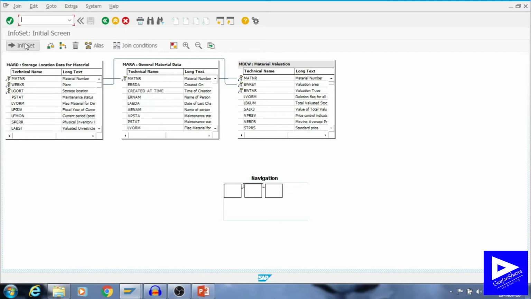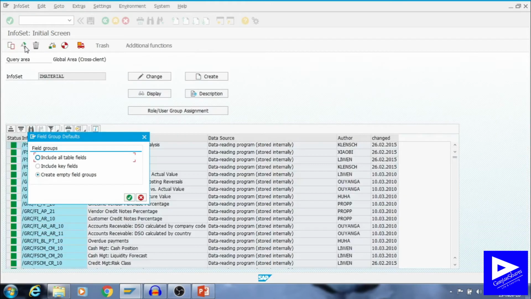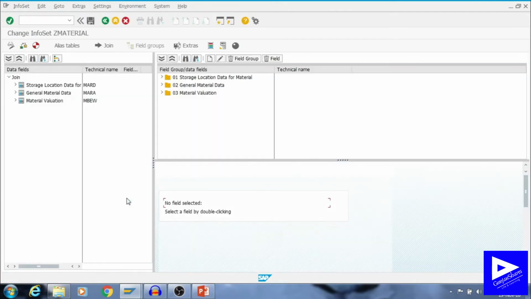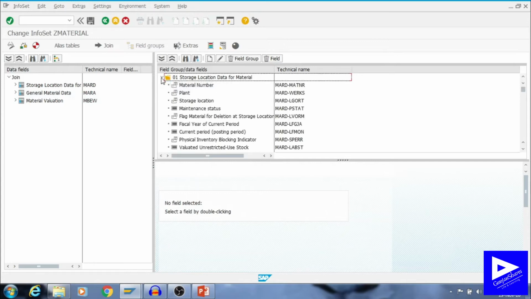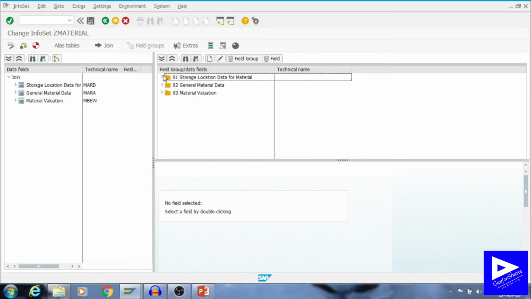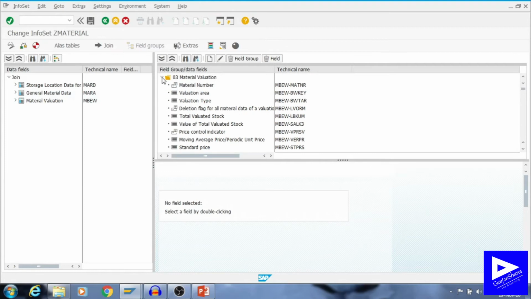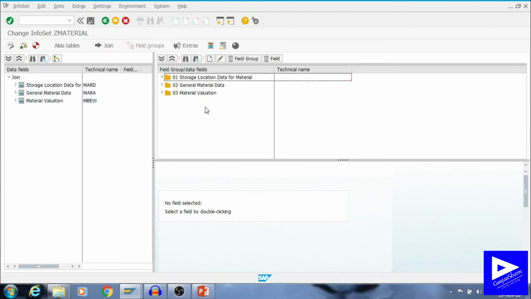Now let me click on the info set. It will ask whether you want to include all the table fields or only the key fields. I'll include all the table fields, because it's not only the key fields which we require, we also require a few non-key fields. So I have clicked here. Here you can see you have the field groups, and for each table you have a separate field group.